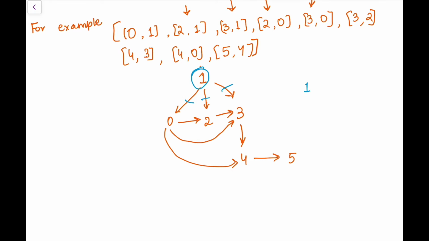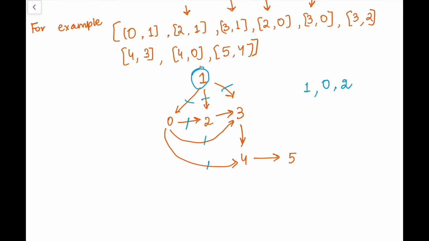I have taken 1. Now I see 0 is there. 0 just had one prerequisite, that was 1, and I already took 1. Now 0 does not have any other prerequisites, so let us take 0. After taking 0, what courses are free? The second, third and fourth courses. Now third and fourth do have other prerequisites, like 4 has a prerequisite of 3 and 3 has a prerequisite of 2, but we can see that 2 doesn't have any prerequisite left, so we can take 2 now.